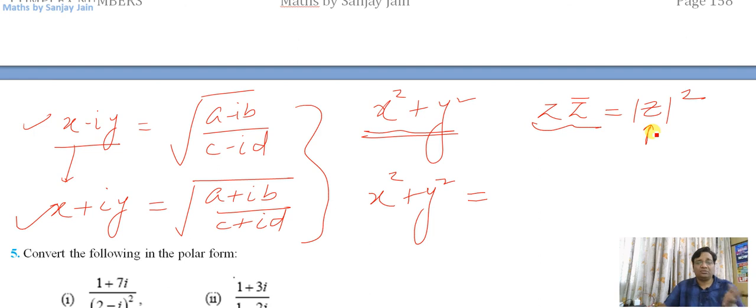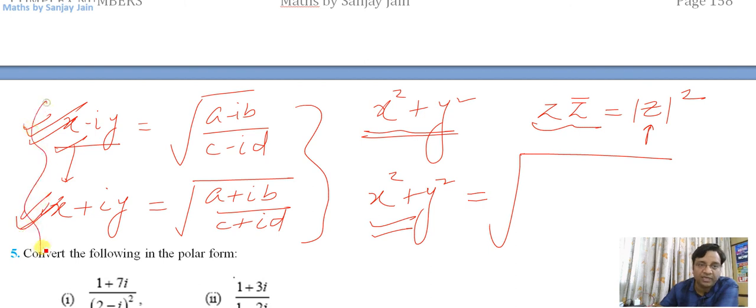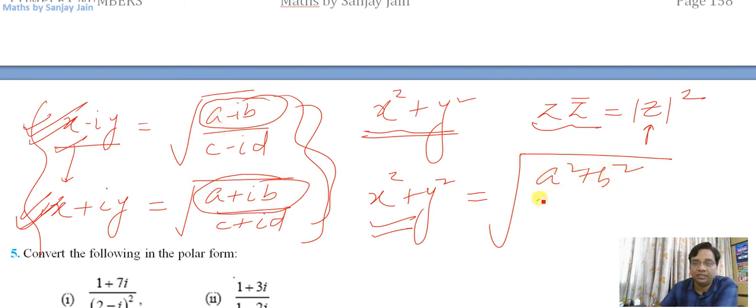So you don't have to even think about it, because even if you multiply these, anyways you will have x square plus y square, right? This is simple multiplication. First what I did is I found its conjugate and I multiplied these. That's it. So if I multiply these, in the numerator I'll have (a minus iota b) into (a plus iota b), that will give me a squared plus b squared, and in the denominator I'll have (c minus iota d) into (c plus iota d), that will give me c square plus d square. So have I got my answer?